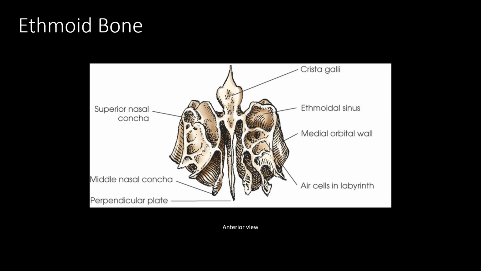The conchas and the ethmoid sinuses, the hollow spaces within the conchas, form the nasal cavity and the passages,